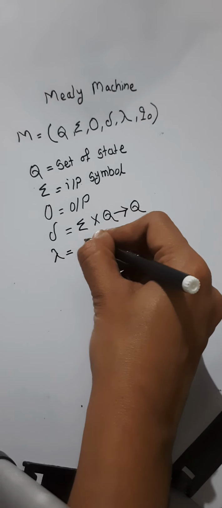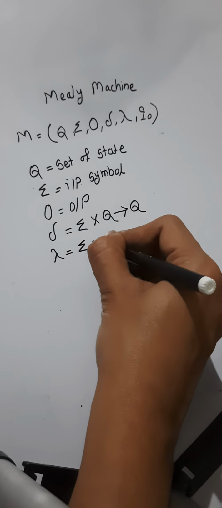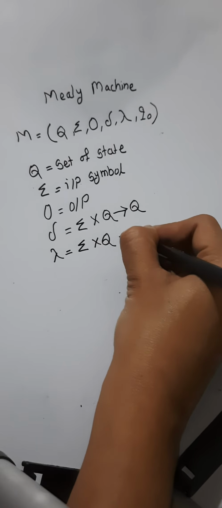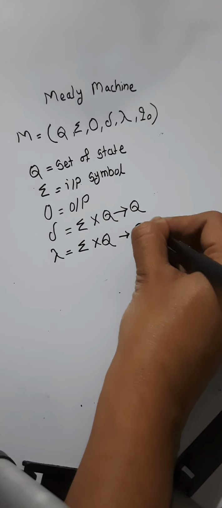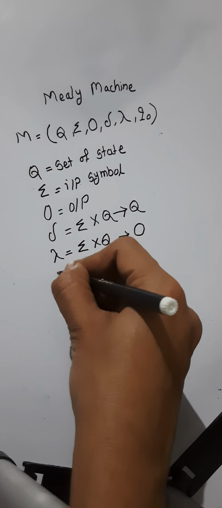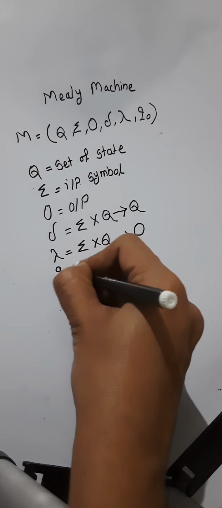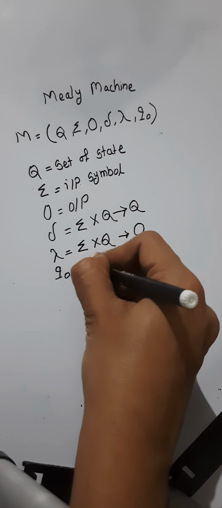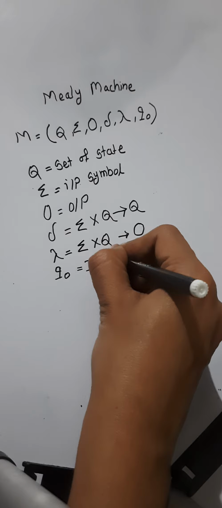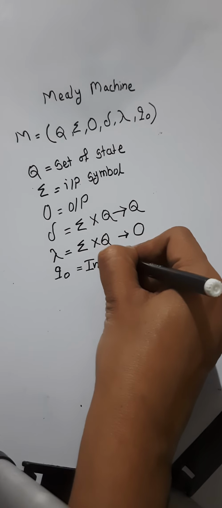It is nothing but input symbol Cartesian product of number of states, which gives you an output O. Last but not the least, that is Q0, which is nothing but the initial state from which we are starting our